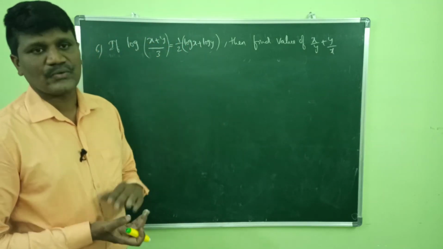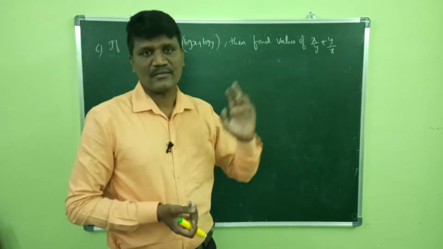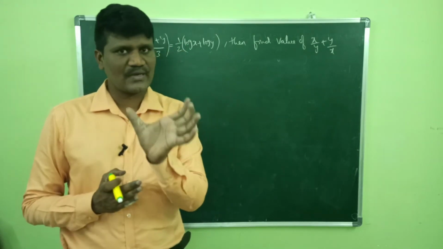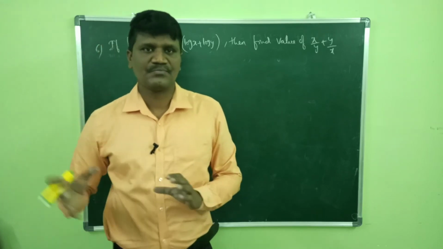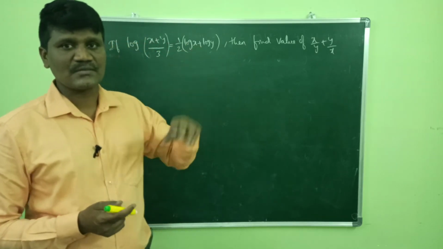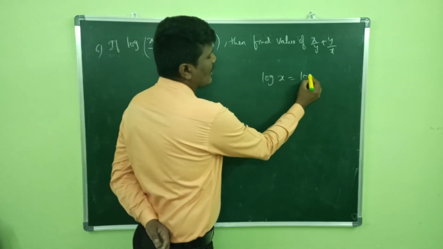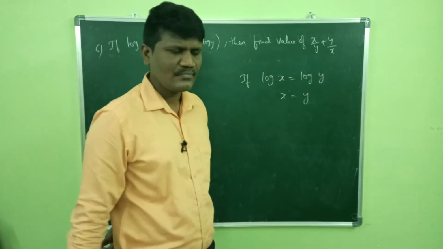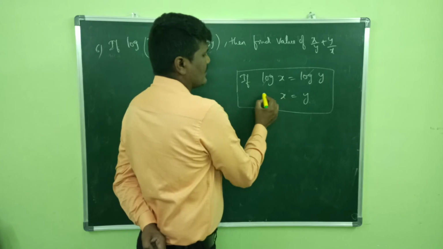In this case, in the given there is a logarithm, but in the value to be found there is no logarithm. In the previous problem, the given value was only algebraic, x square plus y square is equal to 25xy, but in the answer they asked us to prove a logarithm is equal to some logarithm. That means we applied log on both sides, but here we should remove the log on both sides. So how to remove? If log x is equal to log y, then x is equal to y. Both logs can cancel.